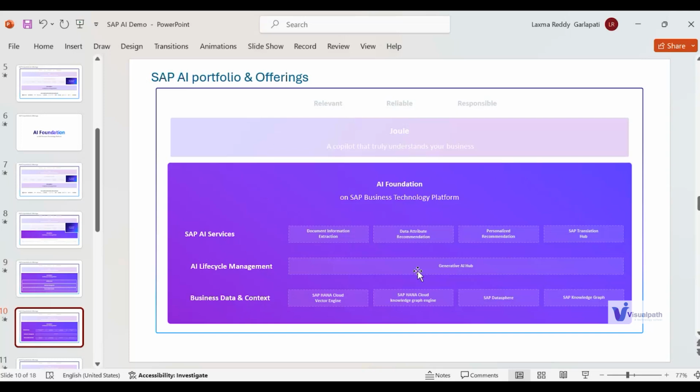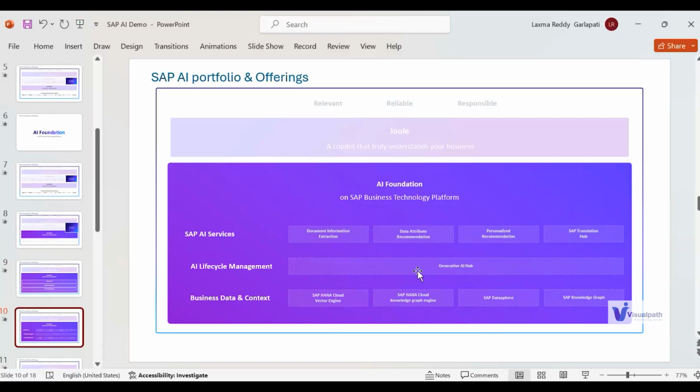So what SAP has done is it has gone one step further, collaborated with all these large language model vendors in the market, and deployed them on SAP Business Technology Platform within SAP Generative AI Hub. They call that SAP Generative AI Hub, wherein I think as of today almost all the models are available.